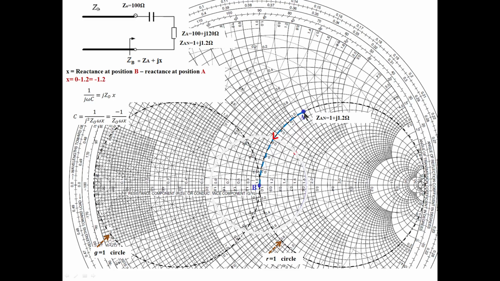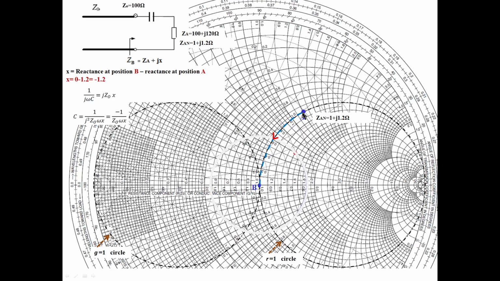So I am here, this is a point. You move on a resistance circle or conductance circle, like this. But what is our intention? We should reach point B. See, point B is somewhere here, on the resistance R equal to 1 circle. I should move only over an R circle or a G circle. I cannot move on a susceptance circle or a reactance circle. We should not move on those.